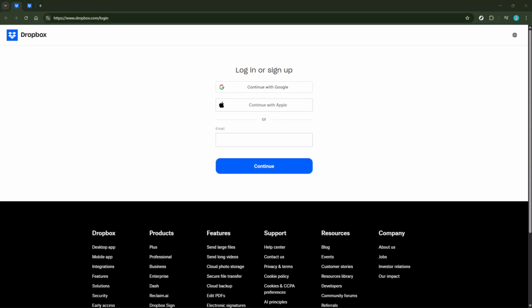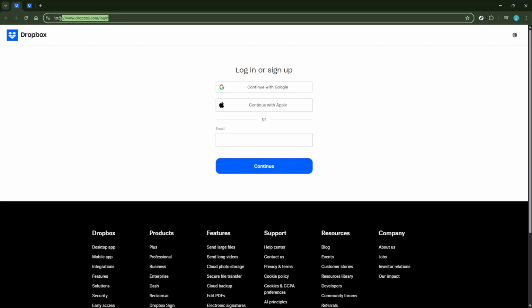In today's video, I'm going to teach you how to change who can access your files in Dropbox. Managing file access in Dropbox is essential for maintaining control over your shared content, whether you're collaborating with colleagues or sharing with friends. Let's dive right into it, and by the end of this guide, you'll have all the information you need to fine-tune access settings in just a few minutes.